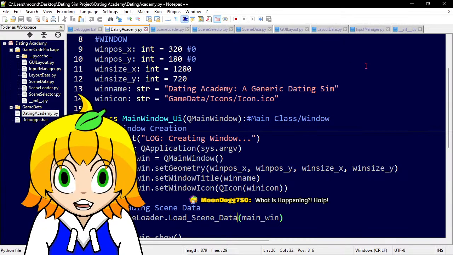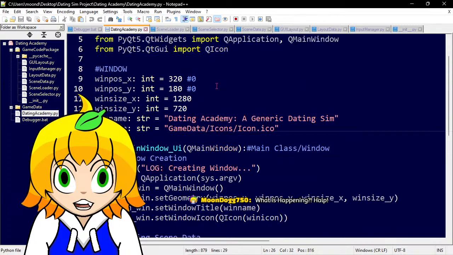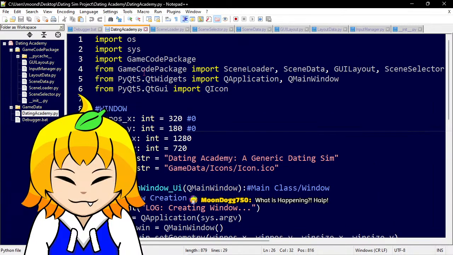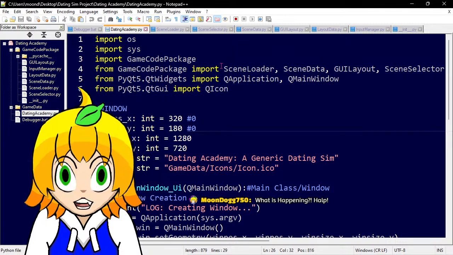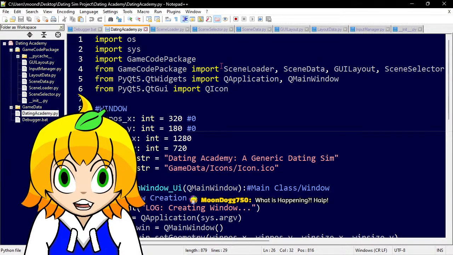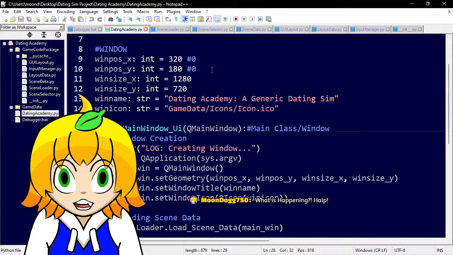But what we got here is just some basic variables. In this file, we will need every single thing that we will ever need for our code to run. Because this is the main, everything runs through main. This is like the central intersection of our town, where everything goes through.